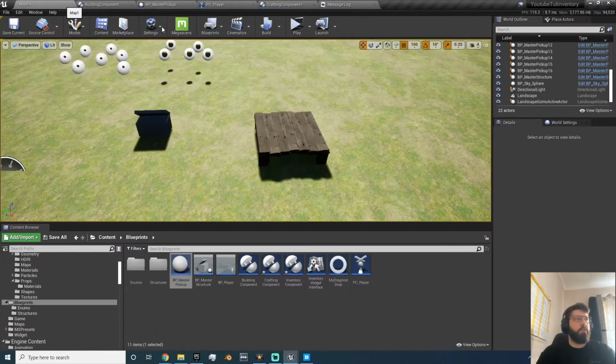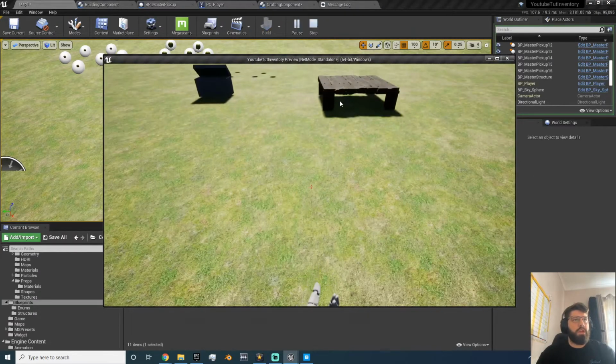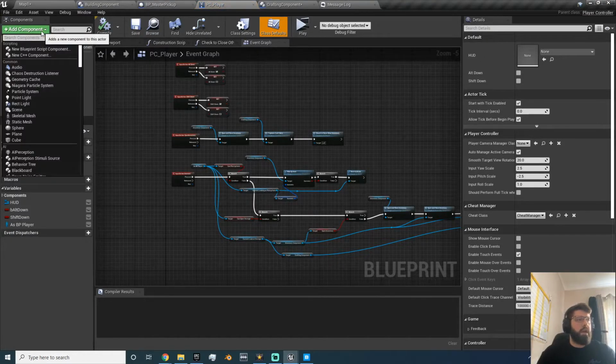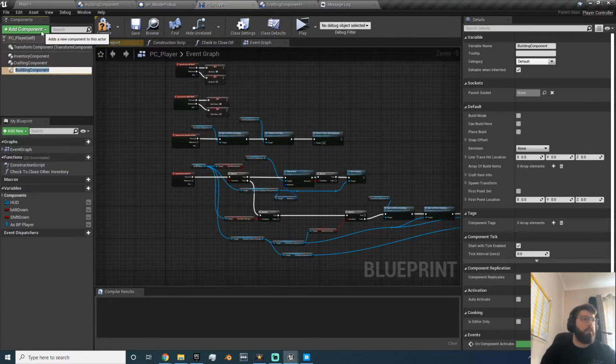Okay, no more falling through the world. Just double check. Okay, that now stays there. Brilliant. Right, so where was we? Player component, add the building component to here,